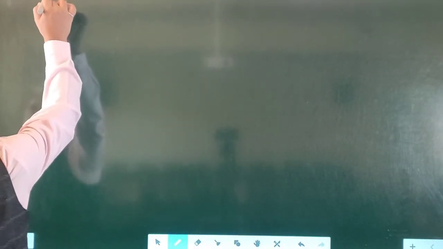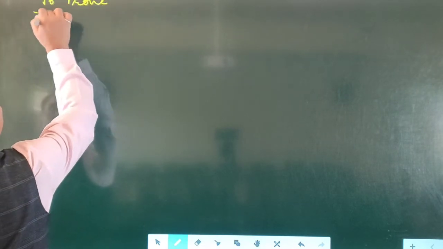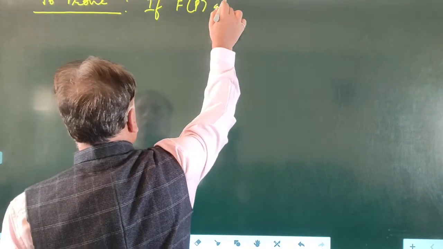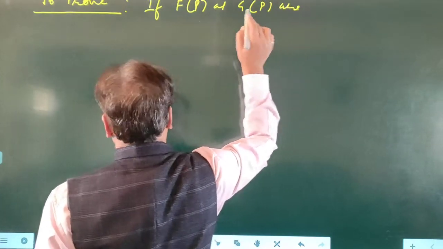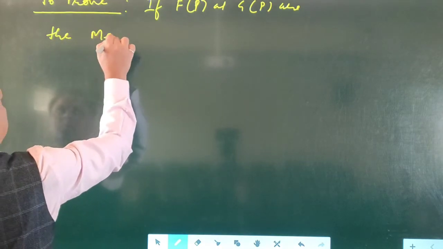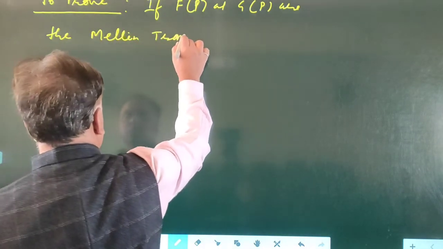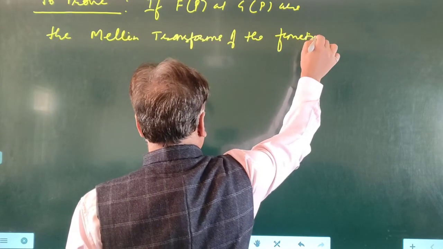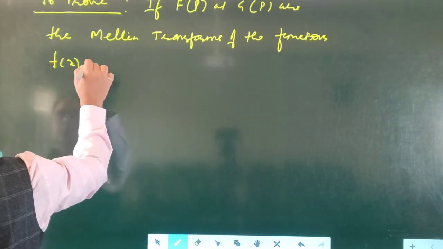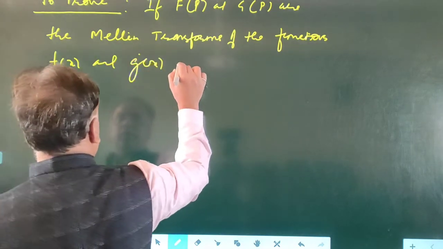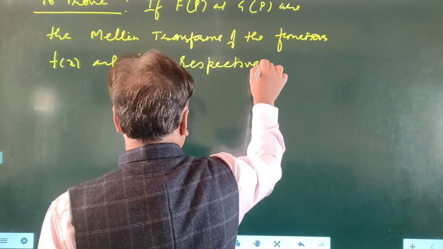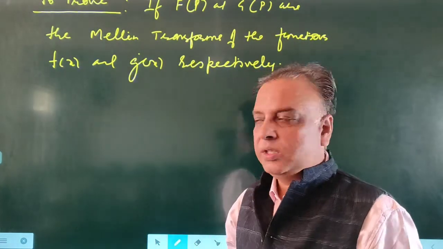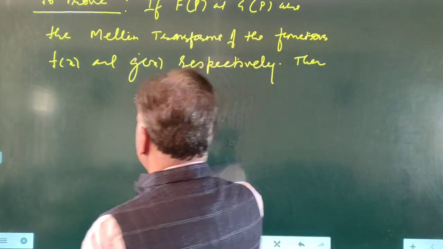For this, we have to prove: if F(p) and G(p) are the Mellin transforms of the functions f(x) and g(x) respectively, then the inverse Mellin transform